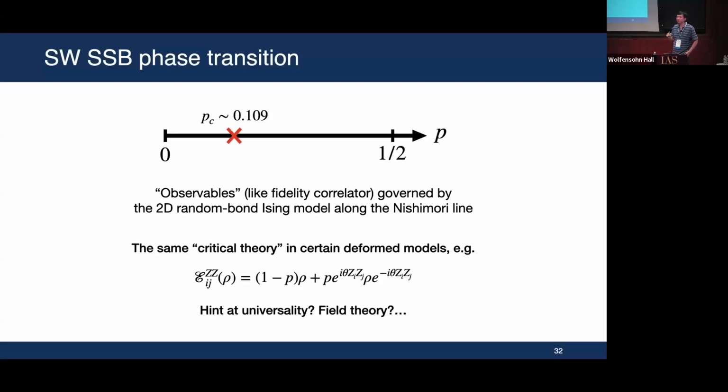Before I move on, I think it's a good point to pause to see whether there are more questions. What is the signature of having, say, a universality class? Like, you have critical exponents. Yeah, that would be the signature, right? So you have different microscopic realizations of the same transition, and they're governed by the same sort of universality class. Although we don't really fully understand this. It just seems like there are examples where microscopically they look very different. However, the critical theory appears to be the same.